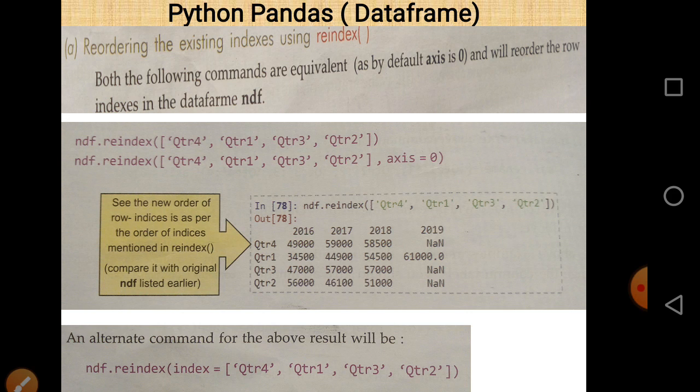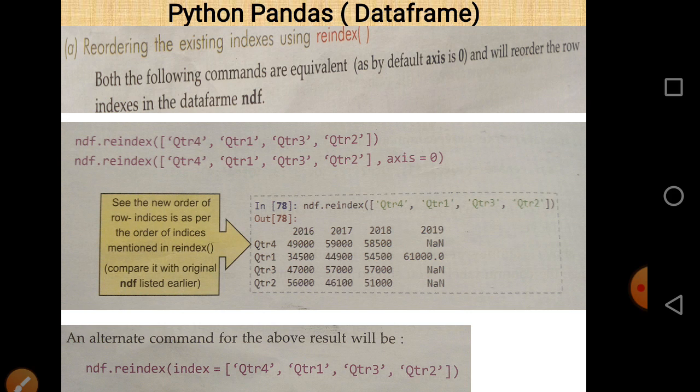So we can see that this is the original. After the execution of the above statement, we can see that q2r4 appears first, then q2r1, then q2r3, and then q2r2, marked by a yellow arrow. In this arrow we can see a small piece of information: the new order of row indices is as per the order of indices given.